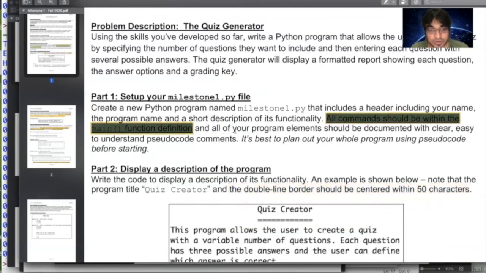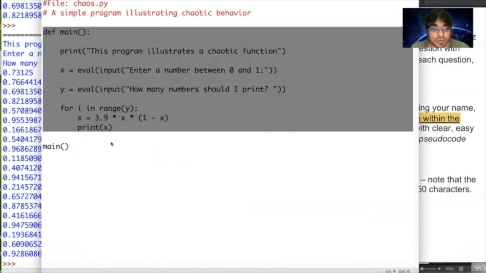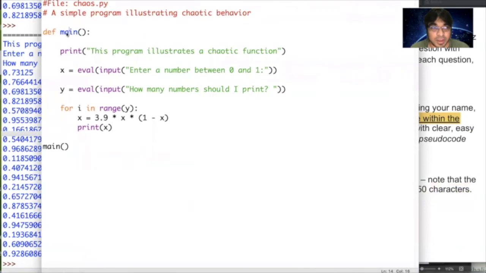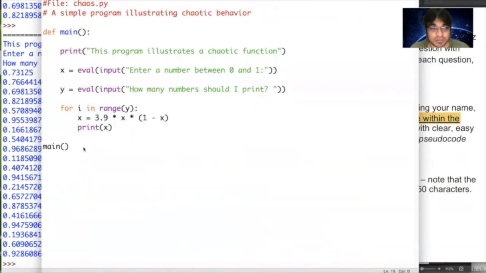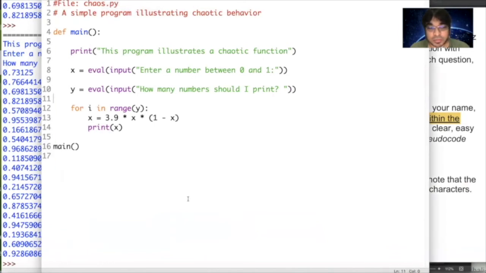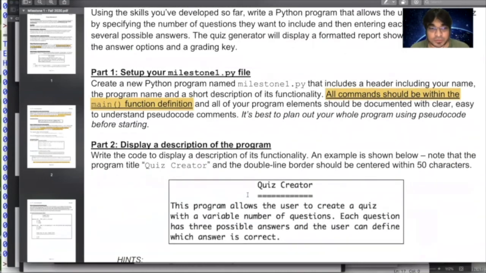This is important because from now on we will always write things inside one function or another. For instance, in this program, all the main code was in a function called main. This is where we defined main, then we wrote the whole main function, and this is where we called that. Okay, this makes me anxious, so let me just go and show line numbers. Okay, now coming back to this.